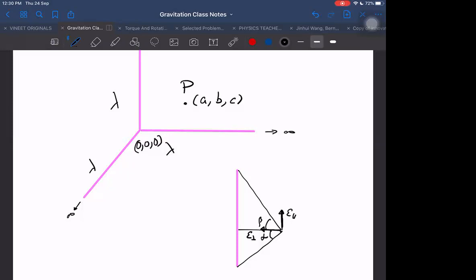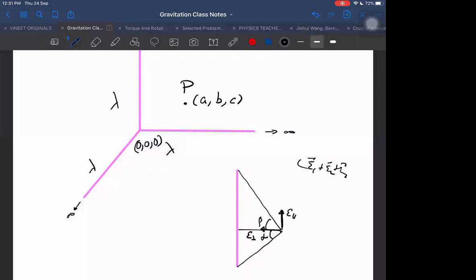Sir, for each rod we can find and we can apply direction cosine. Sir, can't we do like that? You can do that, but I don't know whether you are doing it correctly or not. How will you do it for each rod, and how will you find direction cosines, and direction cosines of what? Of the net vector or what? Direction cosines of that point, just we can find. What will you do by direction cosines of a point? I need the vector directions of E1, E2, and E3.